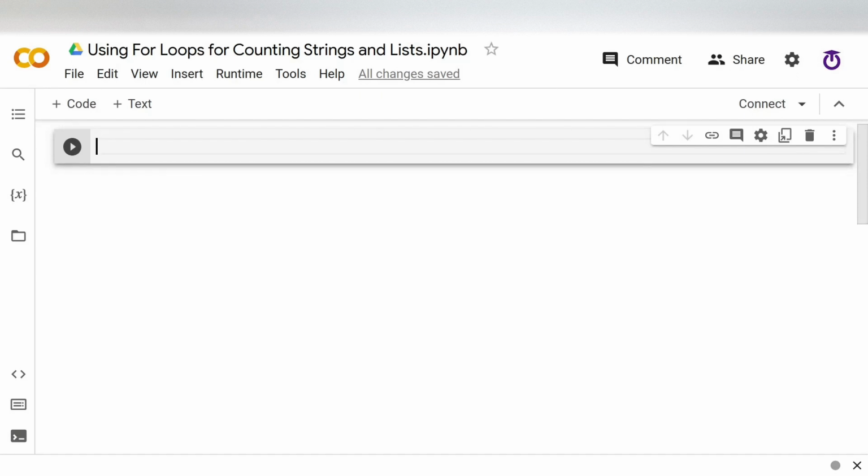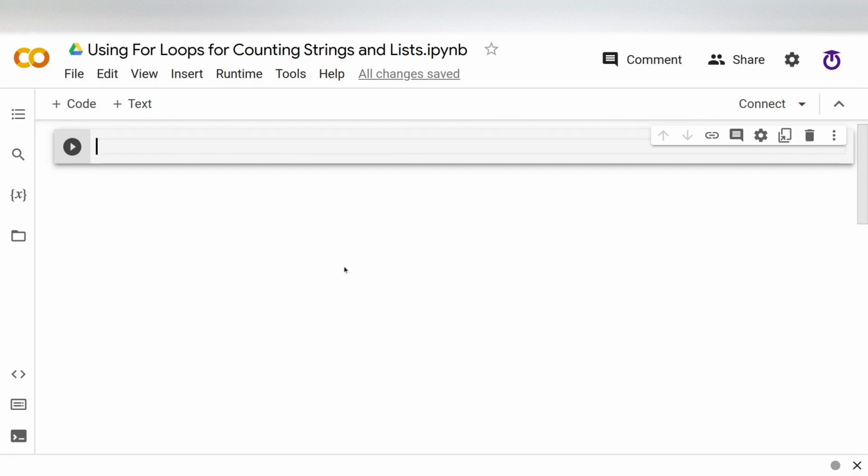Hello, in this video we'll be learning about for loops and the various different uses you can have for for loops. For loops are really useful when you want to repeat some lines of code a set number of times. That could be a value that is indicating the number of times that something needs to repeat, or it could be, for example, the number of items in a list. So they're a little bit more efficient and require fewer lines of code as opposed to while loops when we want to repeat a set number of times.